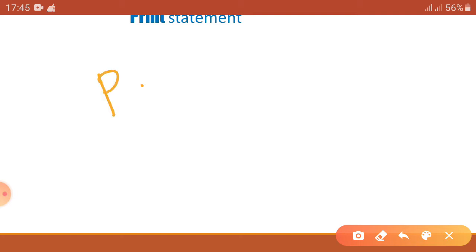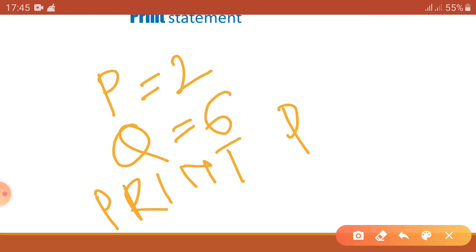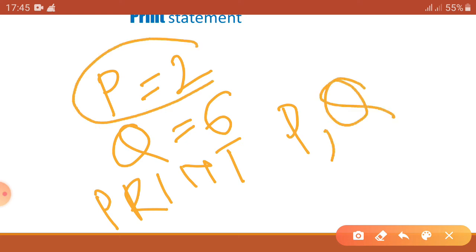If I write P equal to 2, Q equal to 6 on the next line, and then write print P comma Q. Here we have taken two variables P and Q, and we are putting the values 2 and 6 in these two variables.